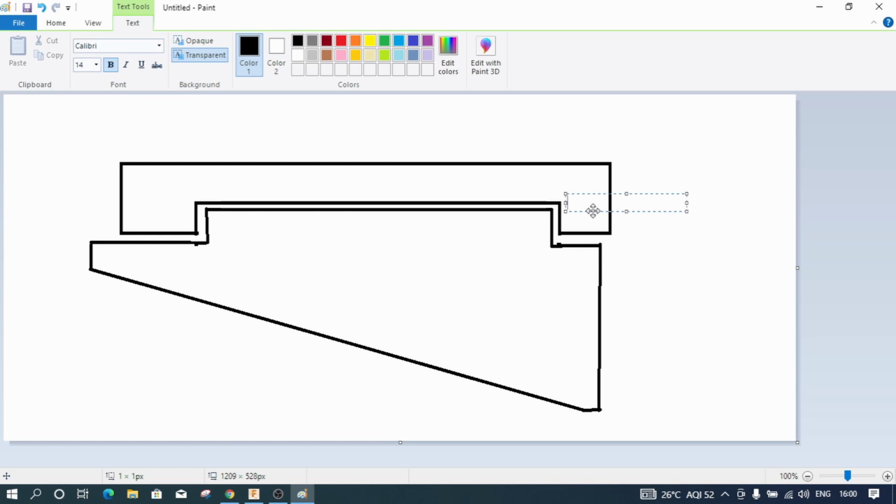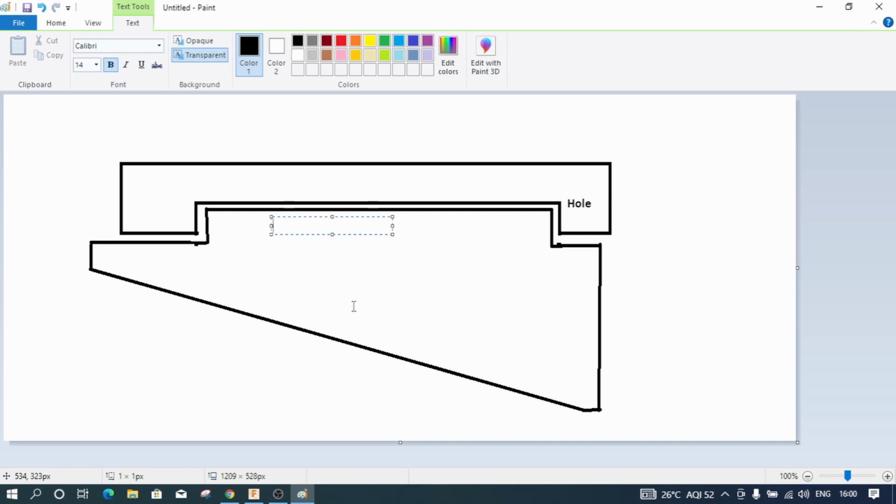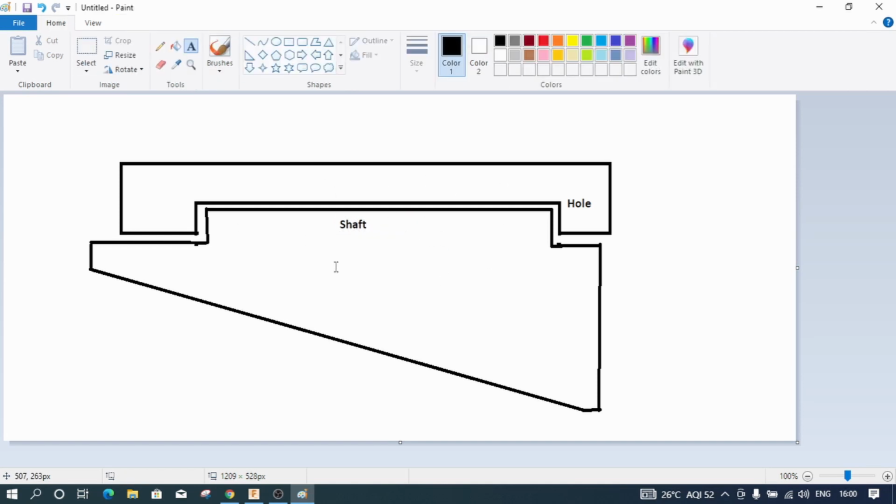And this particular body, which is the main fuselage of the aircraft, is the hole, and the joint is acting as the shaft. So if you open any metrology textbook, you will find shaft and hole terminologies in most cases, but they will never explain these particular examples, and that's the reason students find it very difficult to understand. So here, this particular gap is known as clearance. And also this particular gap is known as clearance.